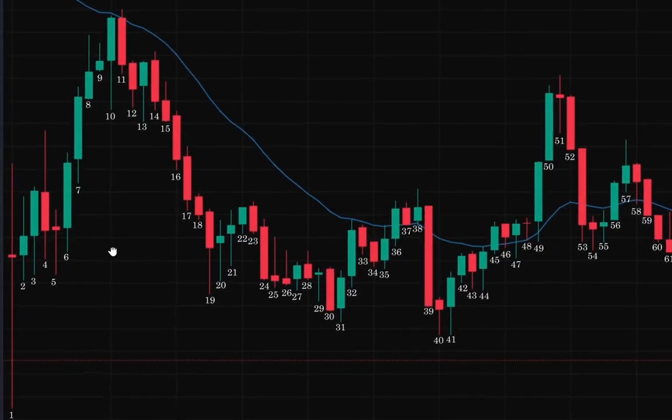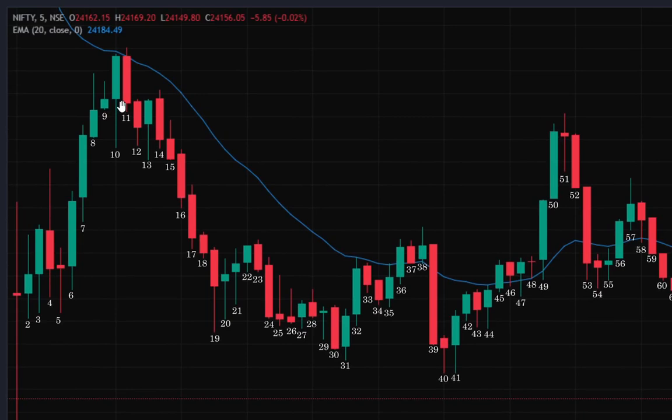Means if this is a bull bar, this is a good move, so this is considered to be a counter trend, but this is an unexpected move, so we should never try to judge this move, even if it is looking good, because it comes after the market has moved. Once the market is forming, we don't know what the price is going to form, so based upon that we should never try to judge this move. So for me, this is counter trend. If this is a move, then this is the counter trend. We should never try to judge this movement. We should always try to take the trade in the direction of the trend.